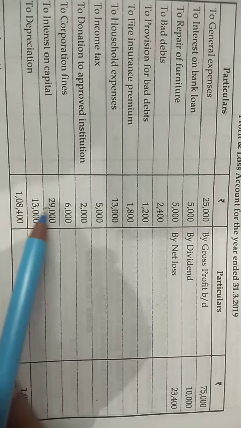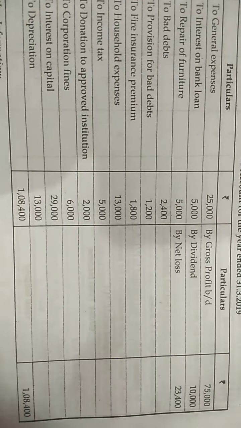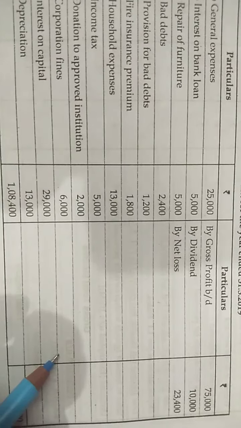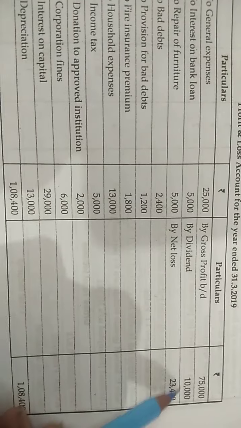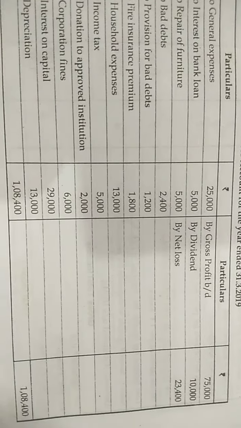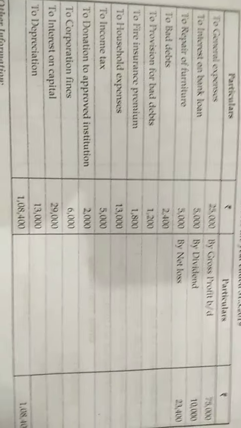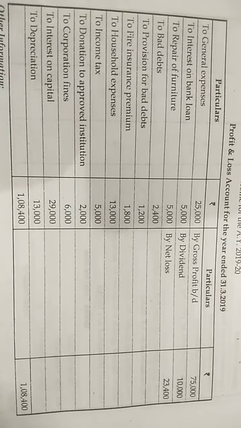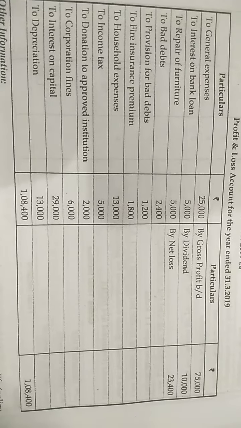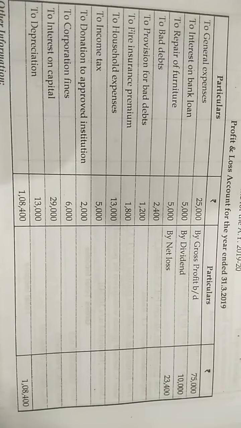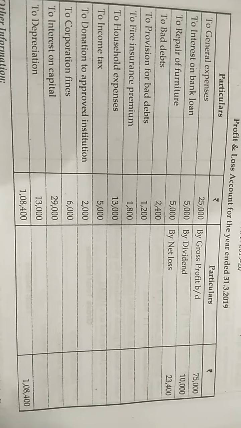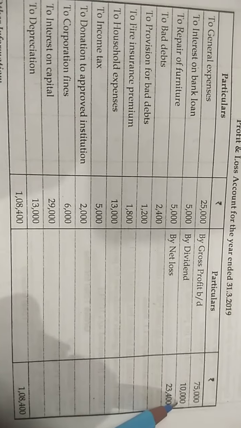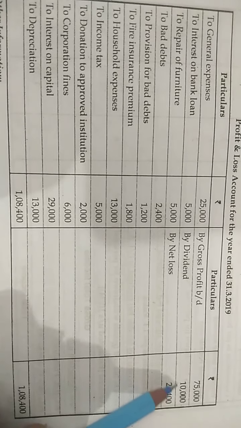All the expenses are fine. Then what do we need to do with this? And finally, they have incurred a net loss of 23,400. Now, what do we need to do with this? We need to redraft this. We need to redraft and find the actual profit and loss under the head profit and gains from business and profession. So is this the actual profit and loss? No. This is not the actual profit and loss.